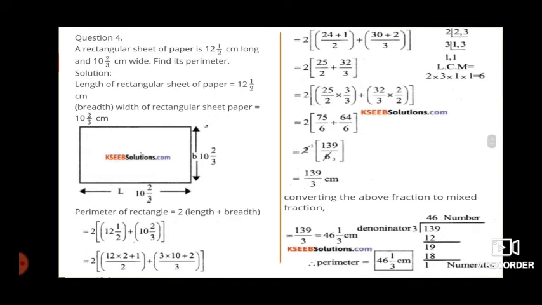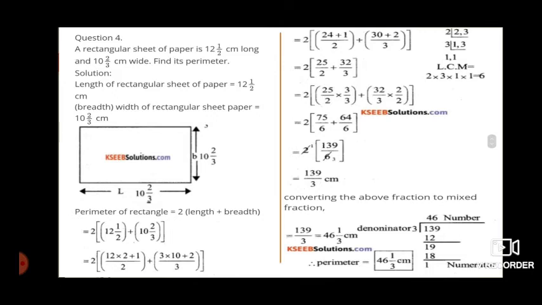Again we cannot proceed, because we have different denominators. For addition we cannot proceed. So we have to change into the same denominators by taking the LCM. 2 and 3 are co-prime numbers, which means there are no common factors. Directly we can take 2 threes are 6. If you have a doubt, then take the LCM, you will get the same. 2 threes are 6. Now 6 is our target denominator.